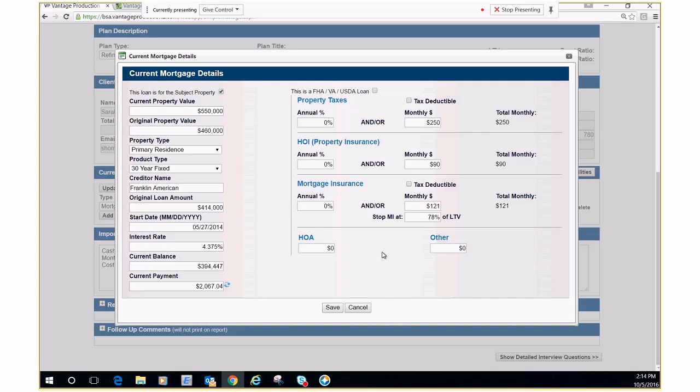So that should build out their current mortgage details. One thing to note on this page, if their current loan is an FHA, VA, or USDA loan, you would want to check this box right here. What that would do is change the information under the mortgage insurance section just a little bit, so that you could appropriately put in, for example, like